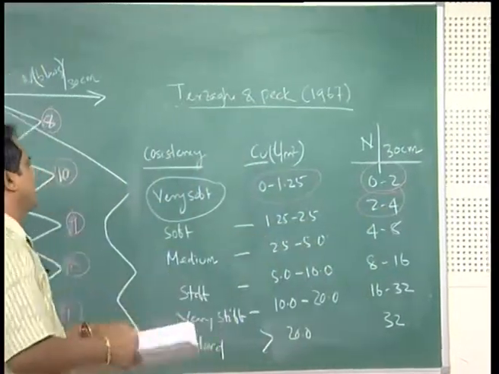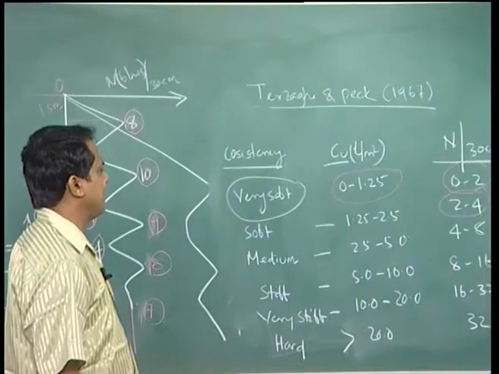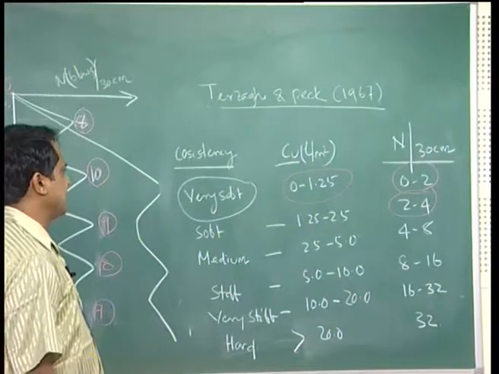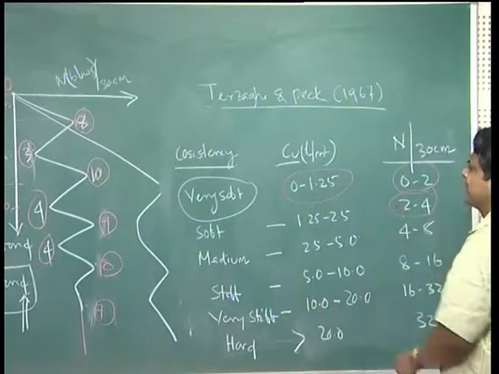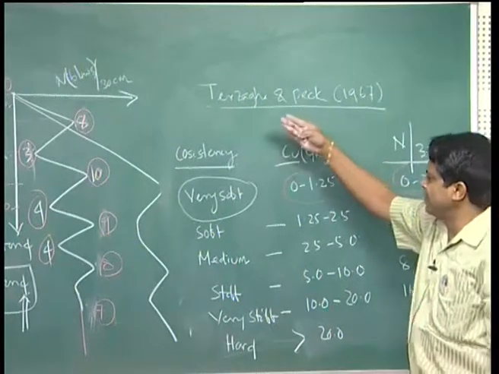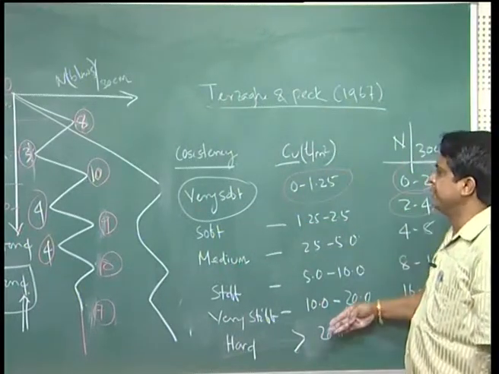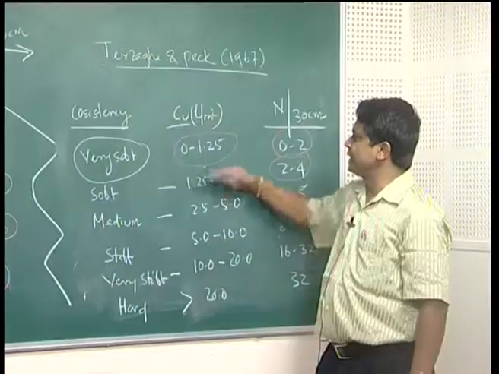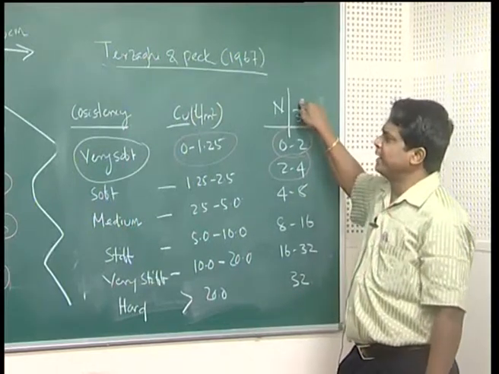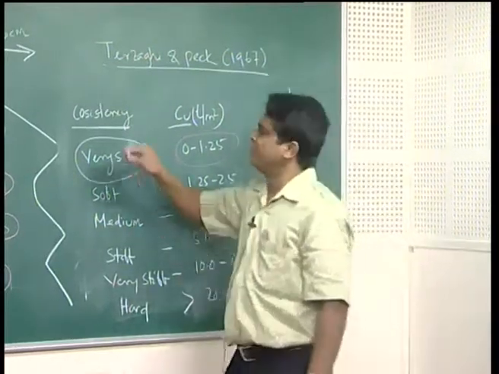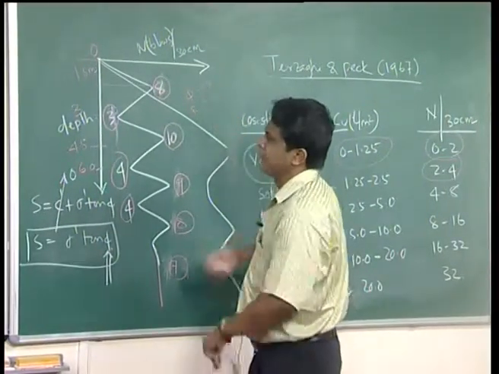That means for C-phi soils, indirectly, if you have the number of blows per 30 centimeter, from there you can get the range in which the soil is lying, whether soft, medium or very stiff, or you can also get the strength, how much your undrained shear strength of the soil is. Similarly, for cohesionless soil, if you know N blows, then you can find out the value of phi, and what is the relative density Rd.